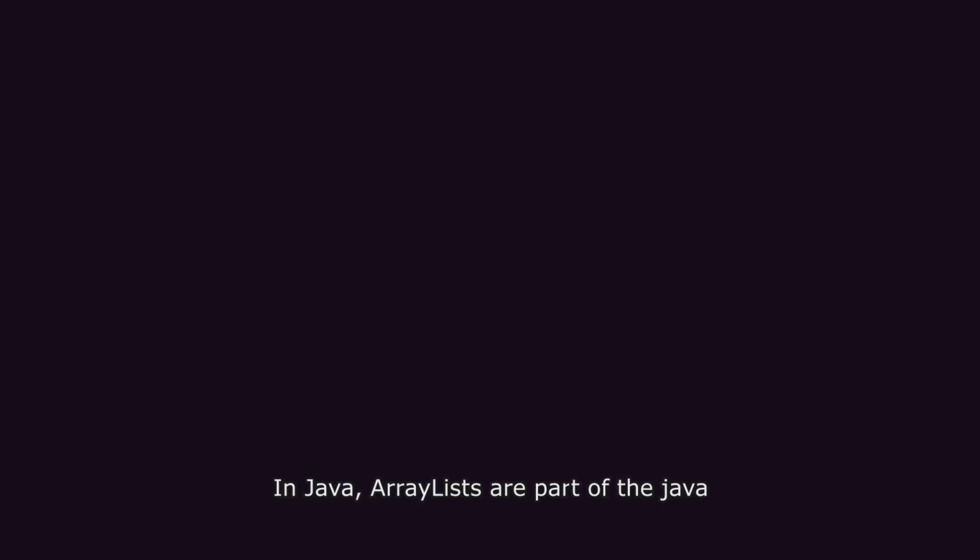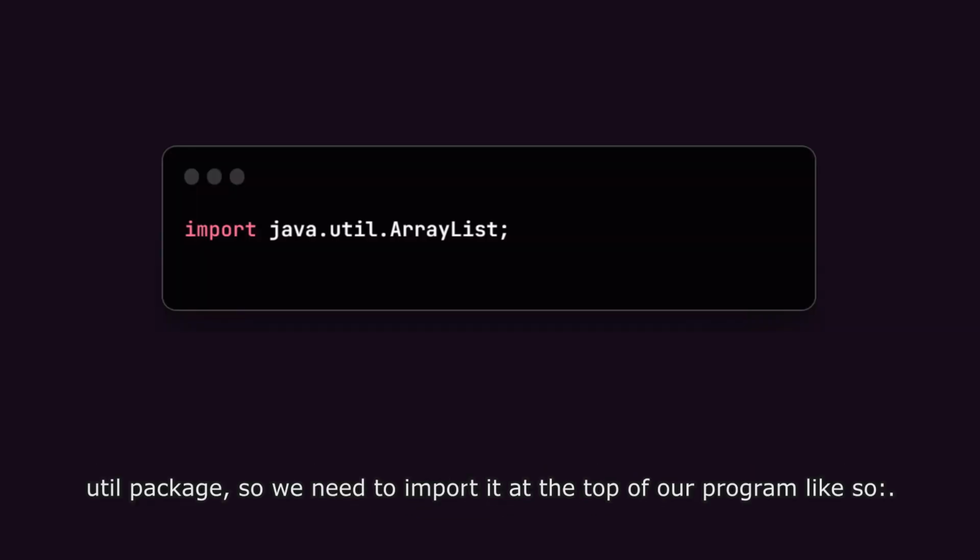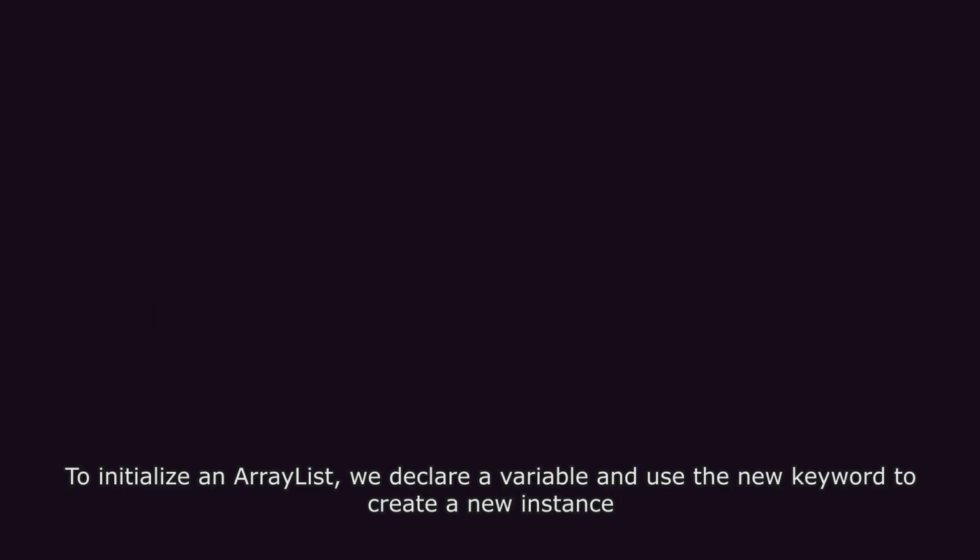First, let's define what an ArrayList is. It's a dynamic array that can grow or shrink depending on the number of items added or removed. In Java, ArrayLists are part of the Java util package, so we need to import it at the top of our program like so. To initialize an ArrayList, we declare a variable and use the new keyword to create a